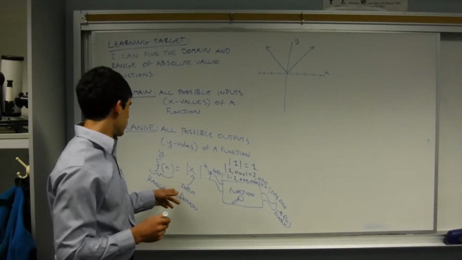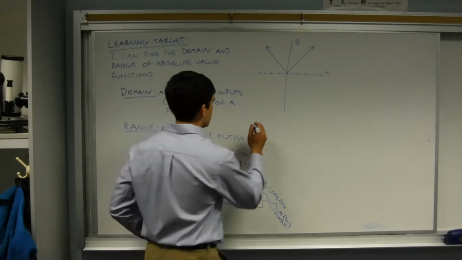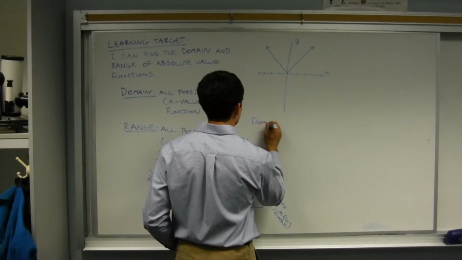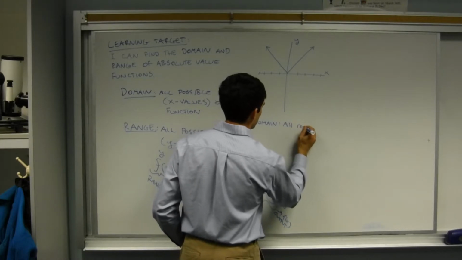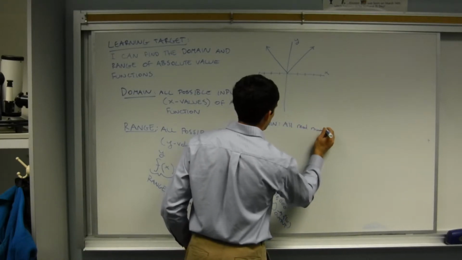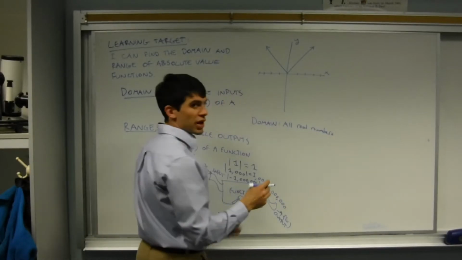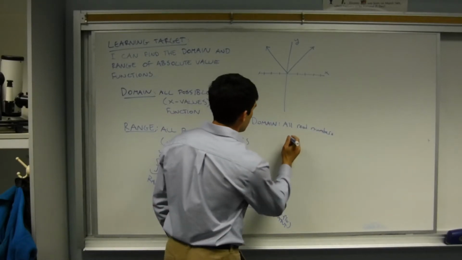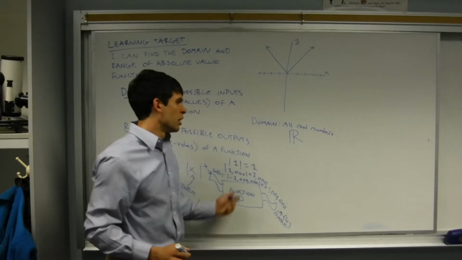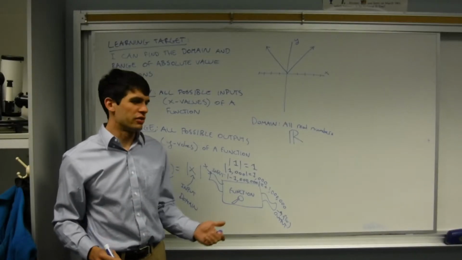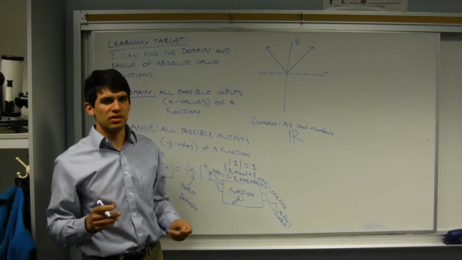All real numbers will work for our input. So for our domain, we will have all real numbers, which we can notate either by writing all real numbers, by writing this fancy R, which is the mathematical symbol for all real numbers, or we can use interval notation